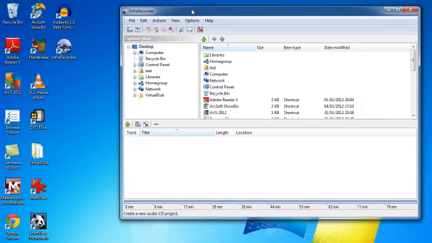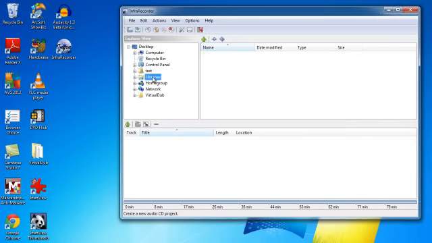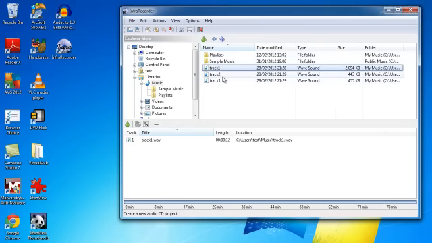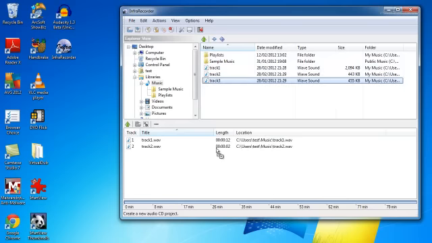So the simple way to do this is to go to the libraries up here. If you remember, we saved it in the music folder. And here you can see track 1, track 2, track 3. So I can actually drag them down one at a time manually. Okay, and then you'd insert a blank CDR, not a DVD, it has to be a CD. Go to Actions, Burn Compilation to a compact disc. And then as long as you